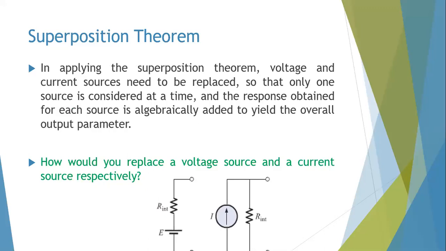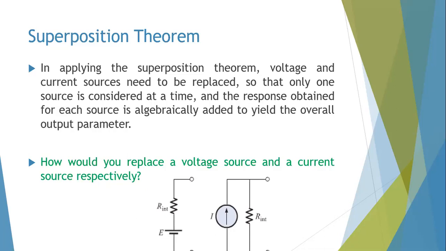Okay. So in applying the superposition theorem, we just studied the voltage and current sources. We need to be able to replace each one in turn. Of course, if you have, let's say, 2 voltage sources in a circuit, then you're going to replace 1 voltage source, study the other one, and then again replace the other one and study the performance of the second source. If in a circuit you have 1 current source and 1 voltage source, you will study the circuit with 1 current source, removing the voltage source,